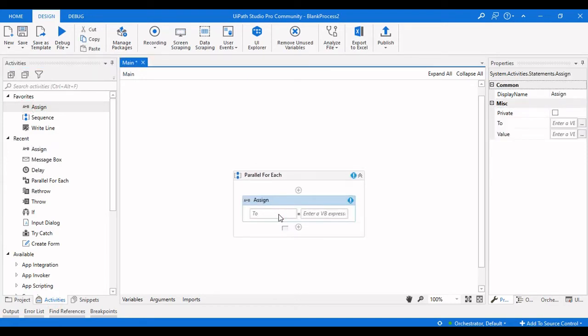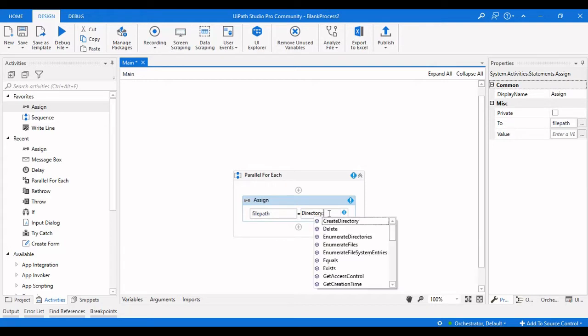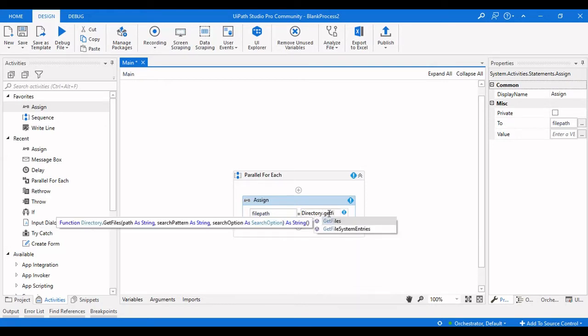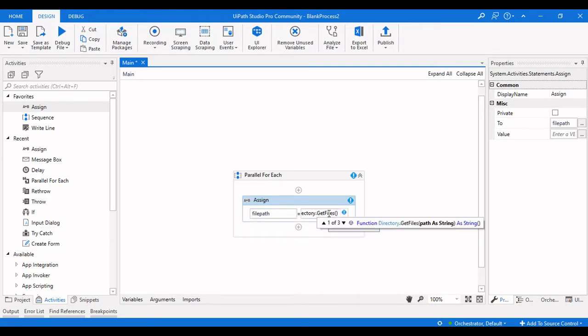and make a file path. It is a file path where I will get the file names from. And here I will make it Directory.GetFiles from the directory.